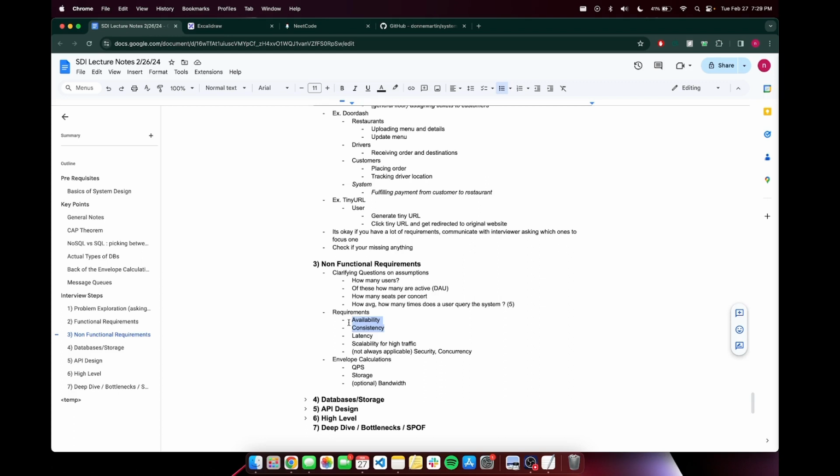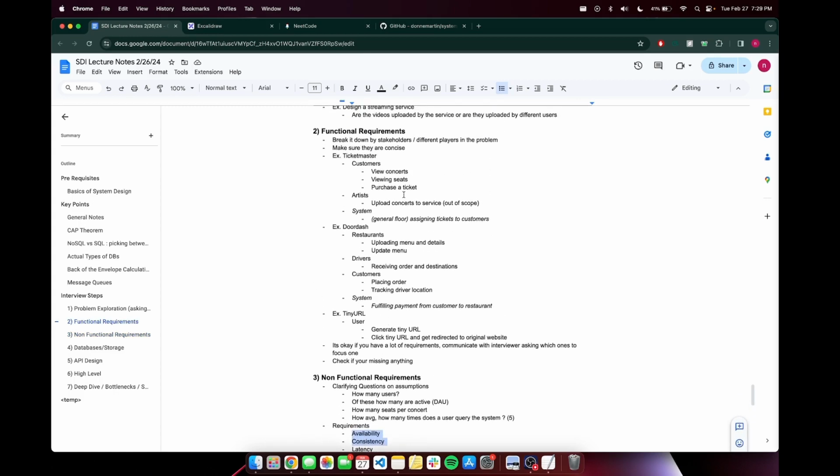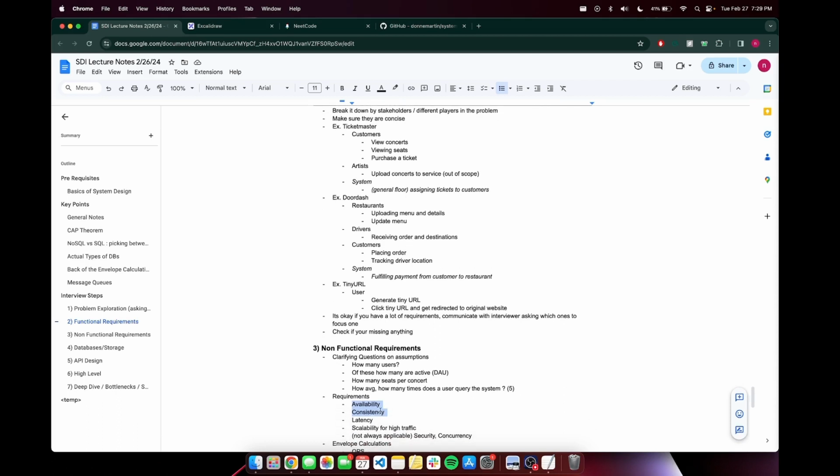Actually, I did make a mistake. You don't say for the system. Like I was saying earlier, these are going to be referring to your specific functional requirements. So you don't want a very easy noob trap, which is saying your entire system is available or your entire system is consistent. I like to relate these to specific functional requirements. So for example, going back to this Ticketmaster example up here, viewing concerts and viewing seats,